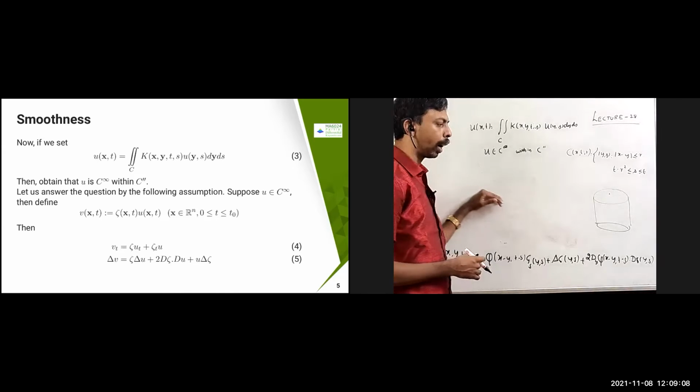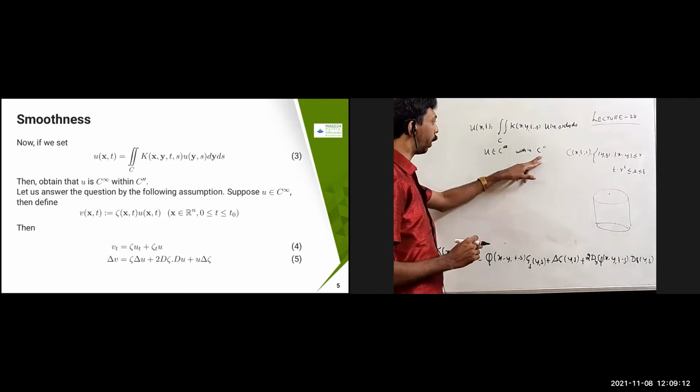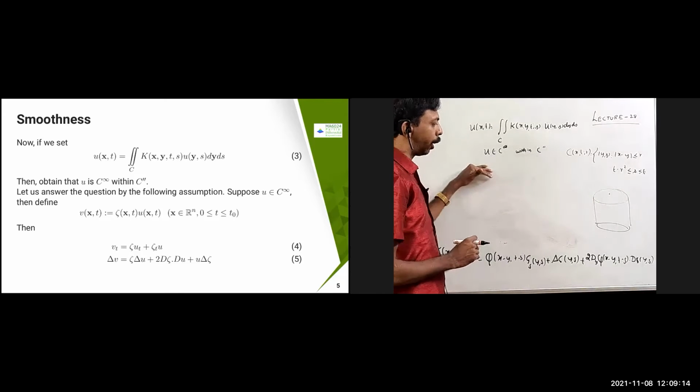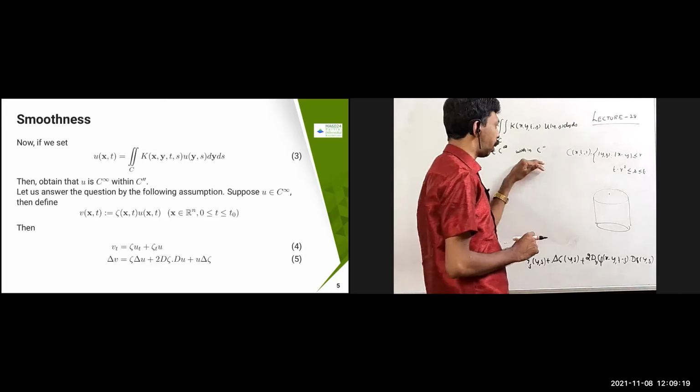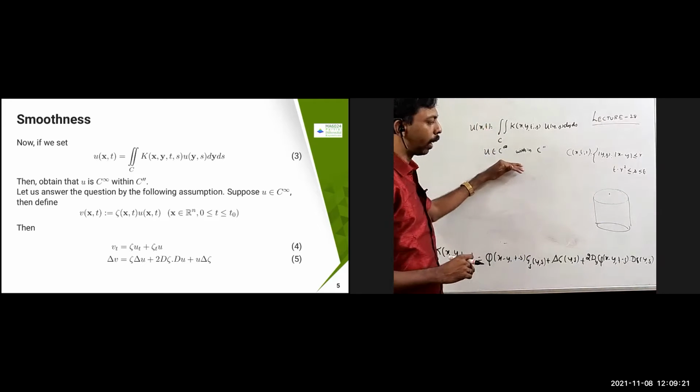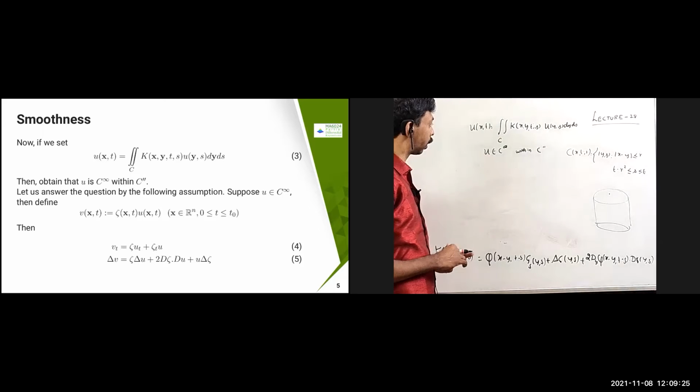Means within that omega t, it is going to be smooth. Okay, that you can claim that. So we have claimed here only c double dash. Again, you need to give some argument that since u belongs to c infinity within c double dash, you got to use some kind of modifiers, etc. That you got to do. So that last line I will be providing at the end.